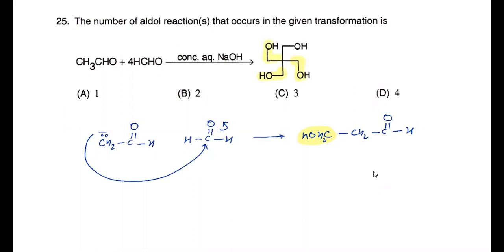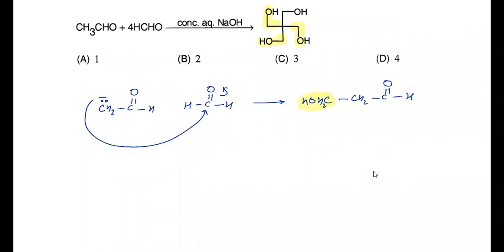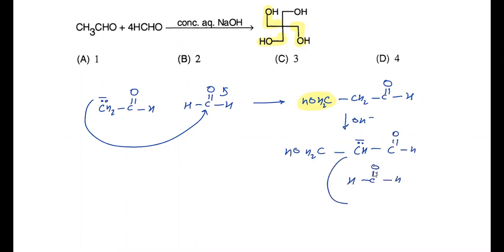So here actually 3 units are added in the same manner. If you proceed the same step again, if you add base again, this alpha H is eliminated, it will form a carbanion. And then it will again attack on formaldehyde. So again, cross aldol addition reaction, because here we are not undergoing condensation, because heat is not given first thing, and another way is in the option we need the CH2OH group, so we are only performing aldol addition reaction, not aldol condensation.